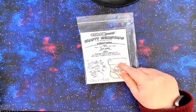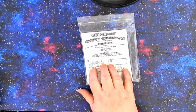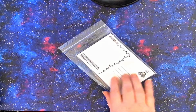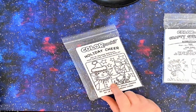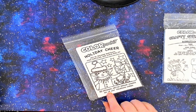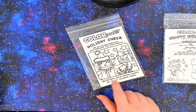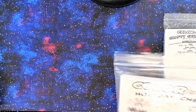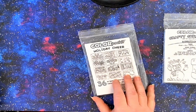So there's, of course, the Crafty Christmas, where you can make different name tags and things like that. Also has some postcards that you can color up and send to your friends. And then, of course, there is this one here, which is the Holiday Cheer Deck. And this is a super deck. This is a 36 picture deck. Each card has a picture on the front and the back. All of them absolutely fantastic little Christmas creatures and characters, and different Christmas balls and all sorts of really, really cute